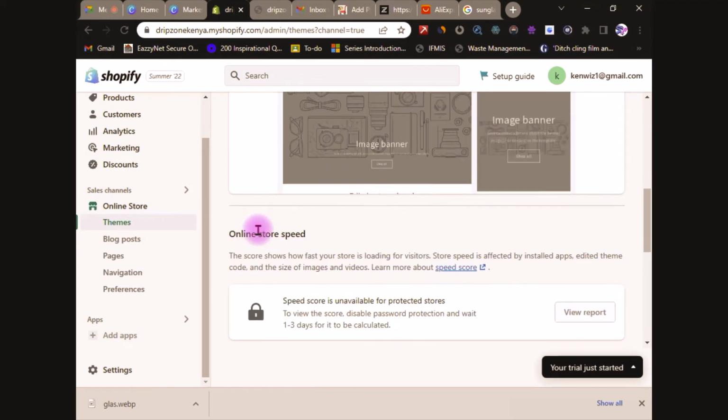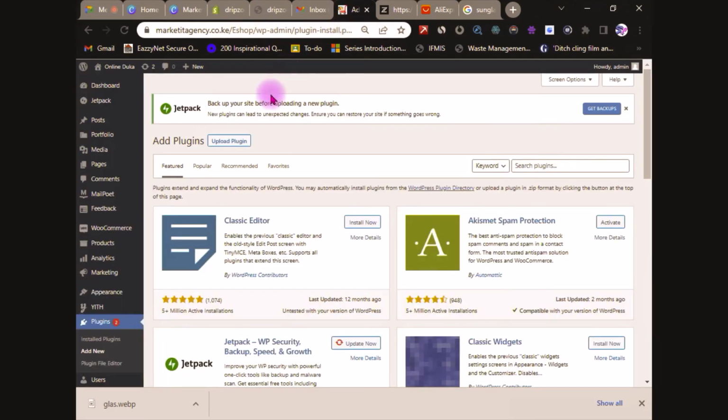So you can now see the different advantages and disadvantages. In Shopify, the themes are there. The themes just do not have a demo data importer. So you only have a skeleton of your theme. So you have to fix all the images by yourself, or you have to fix all the different sections by yourself. In WordPress, the moment you import the demo data, you can as well use the demo data, as you can see from this